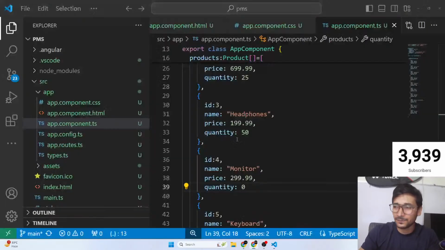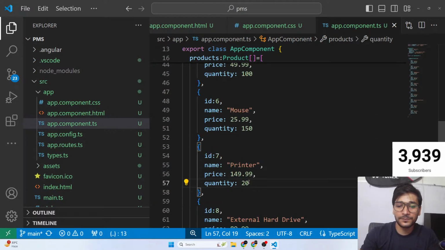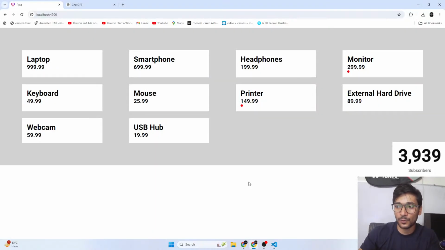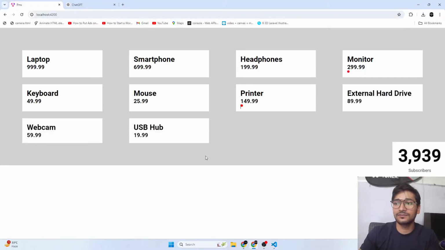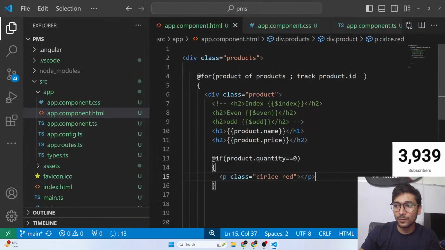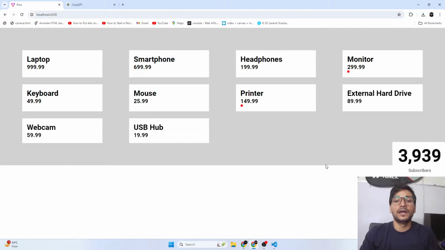So now the loop is happening. All set. At any point of time, if I make anything 0, because my logic is set properly, it will just make it red, because the loop is re-rendering it. Whenever I change my data, the application reloads, this loop happens again, and it checks the condition. For every item where the quantity is 0, it displays a red circle. So guys, you can put an emoji, you can just give a border color, you can do whatever you want. That's how you render your data using loops.